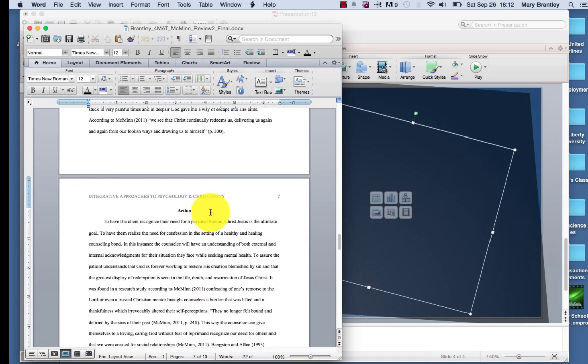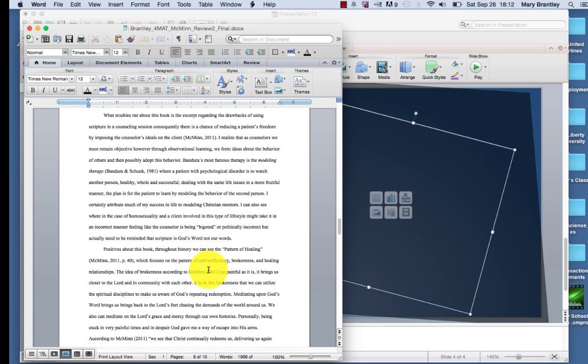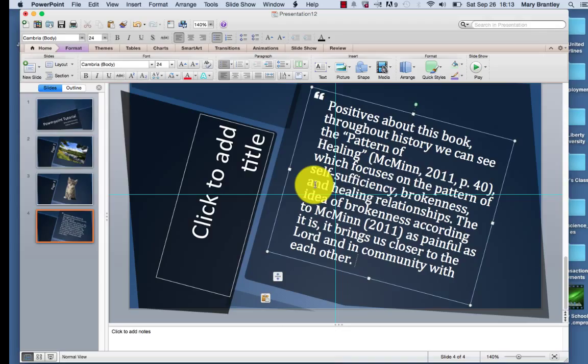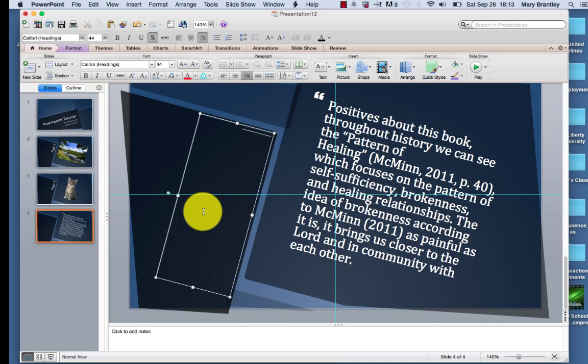And I'm going to choose a few ideas I want to get across. So I will copy it and paste into the card. All right. We're finished with